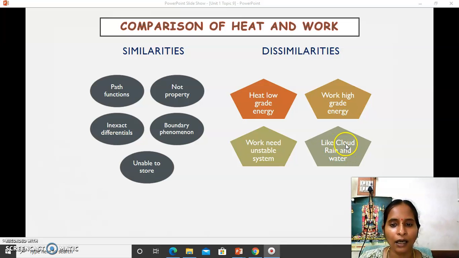Let me explain this relation between heat and work. As a first example, when two persons are having a conversation with each other, the effect of that talking will remain ever in their mind, but the conversation will come to an end after they stop talking with each other, right? Like that,